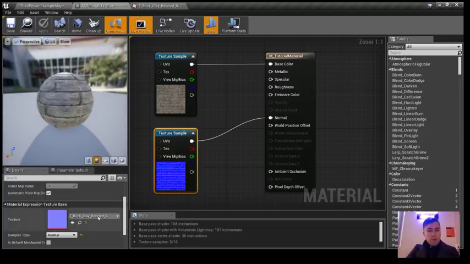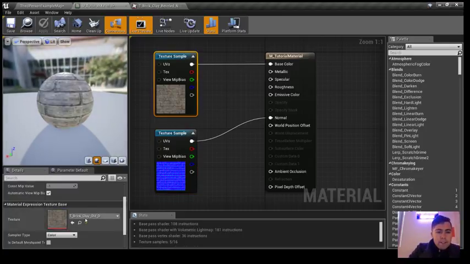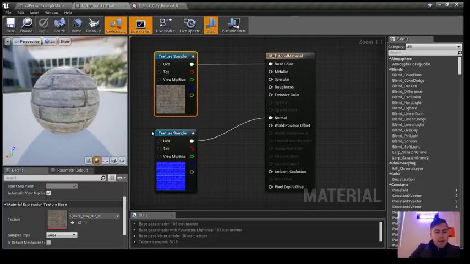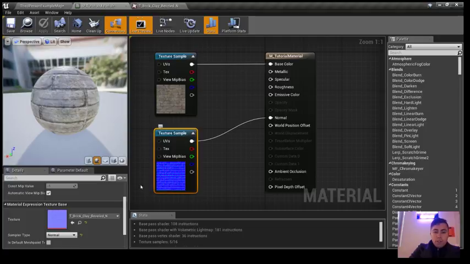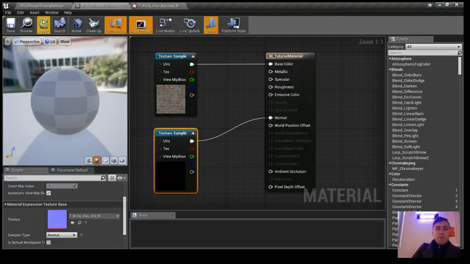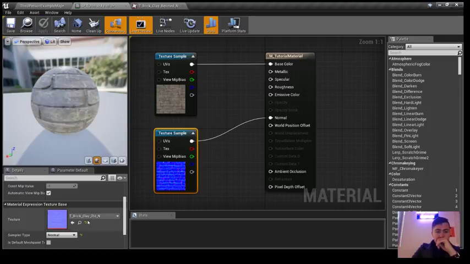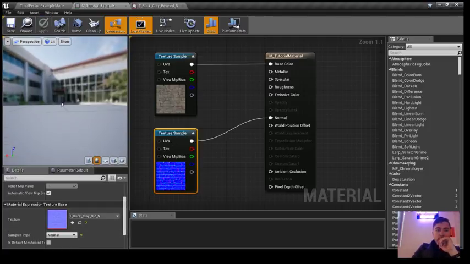Oh, you know, I actually chose the wrong one. Let's see, what was my T? You can choose different ones. They don't have to be the same, but you'll have varying results. So mine's called brick, clay, old. So I want to make sure I chose beveled. So I'm going to look up my normal map again. Type in brick, clay, old. Go ahead and change your normal map to the one that says brick, clay, old. The blue one, the N. Okay, all right, so once you've done that,